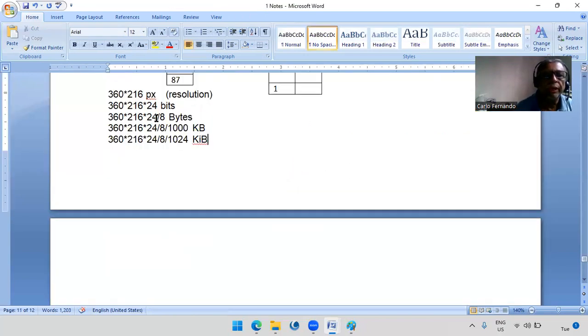So this 24 divided by 8 can be written as the same as, instead of this, multiply by 3. Dividing 24 by 8 means multiply by 3 in simple terms. Okay,